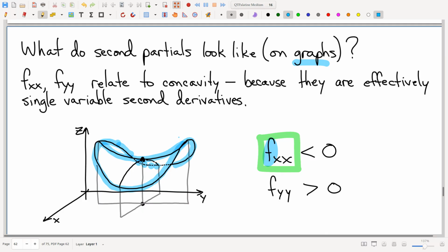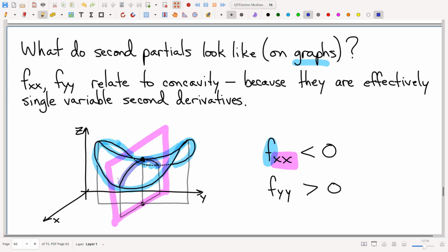So, okay, well, here's the deal. If you want to take the xx partial, keep in mind the rule. The rule for taking an xx partial is everything else you treat as a constant. There's only one other variable. That variable is y, so we're going to treat y as a constant. So here's what it looks like when you treat y as a constant. We're going to take a cross section for that value of y. Said differently, we're looking in the x direction, and then we're going to take that cross section and think about how I can understand that cross section.